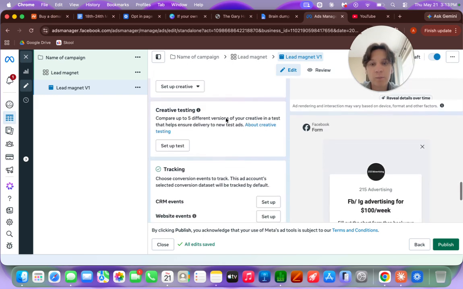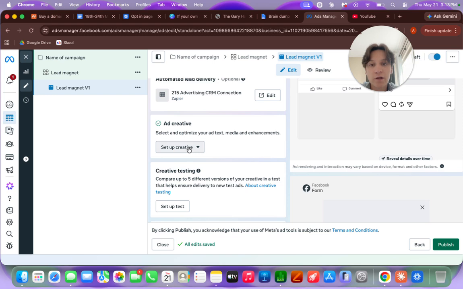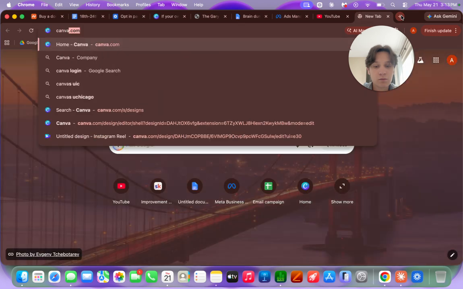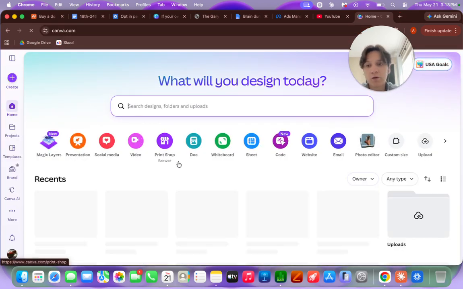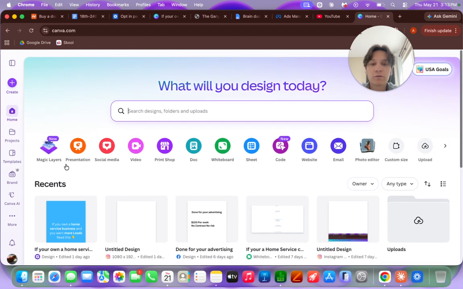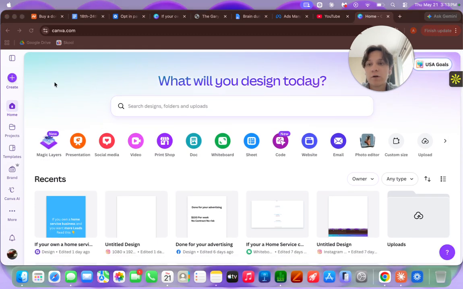Now, when it comes to actually uploading the ad, you're going to go to Ad Creative right here, and you're going to select either image or videos. Come over to Canva. I'll show you how simple you can make this stuff. So if we come over here, hit Create,